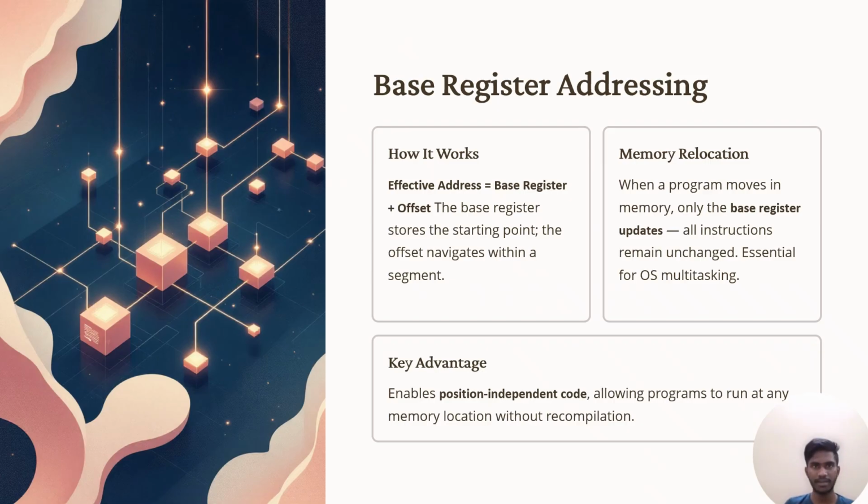Base register addressing. How does it work? Effective address equals base register plus offset. The base register stores the starting point. The offset navigates within a segment. Memory relocation. When a program moves in memory, only the base register updates. All instructions remain unchanged. Essential for OS multitasking. Key advantage. Enables position independent code, allowing programs to run at any memory location without